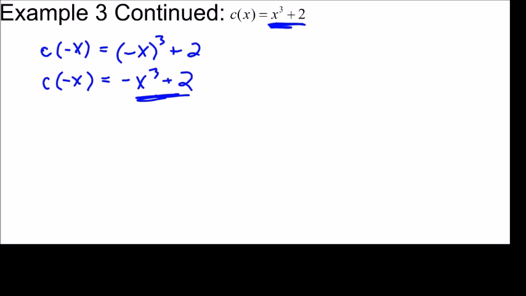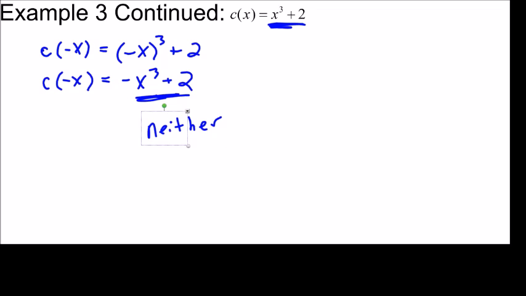In this case, some signs changed and some didn't. If that's the case, where some signs are identical to the original and some are different, that makes this neither. It's neither even nor odd. It may have symmetry through some other means, but it doesn't have symmetry through the y-axis and it doesn't have